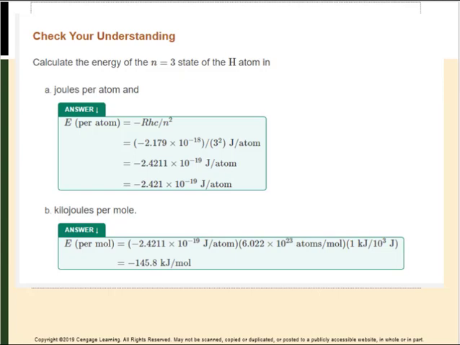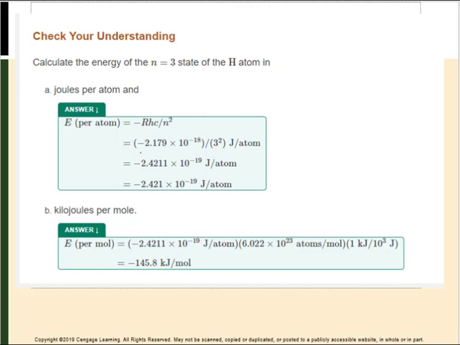So since we just found the energy of a single hydrogen atom when n equals 1, and we also did when n equals 2, let's check our understanding to see if we can do n equals 3. So without looking at the answer, see if you can get it. We're going to use the same equation that we did, this negative RHC over n squared. And again, we know R, H, and C. We would do the same, 1.097 times 10 to the 7th times 6.626 times 10 to the negative 34th